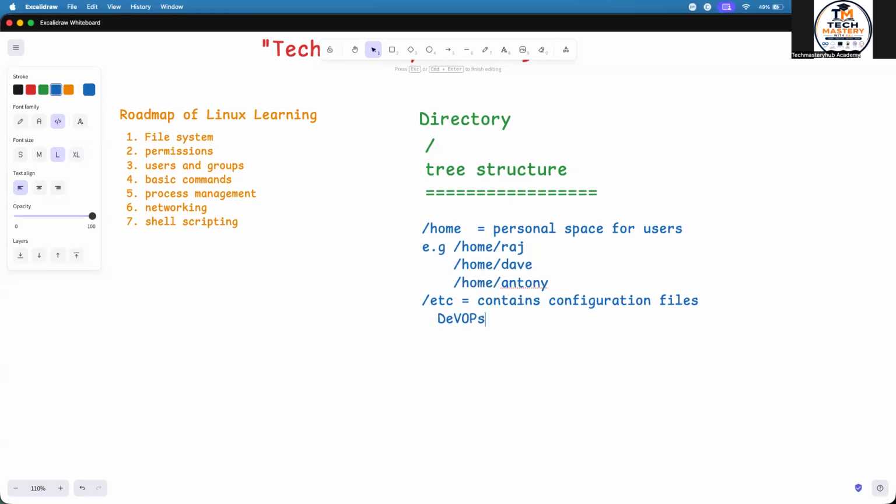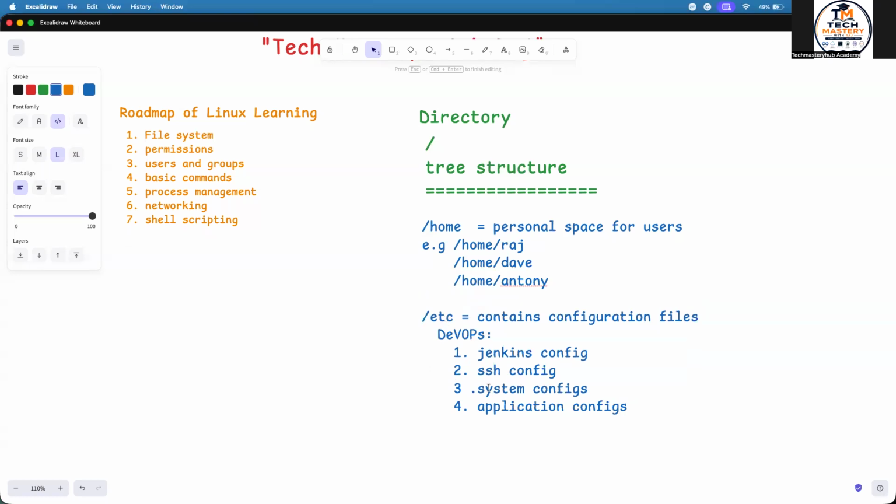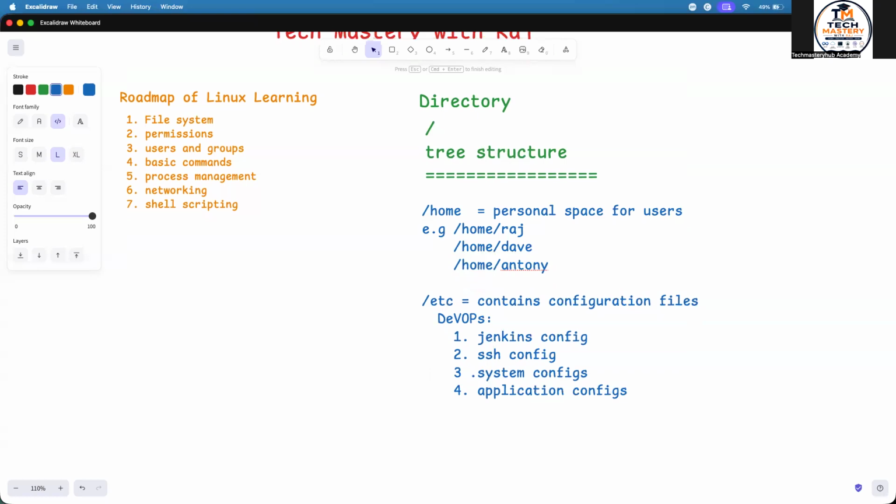For example, DevOps engineers can have Jenkins configuration, SSH config, system configs, and application configs. So this is why the etc directory is very important for the DevOps engineer, because all the configuration files will be in the etc